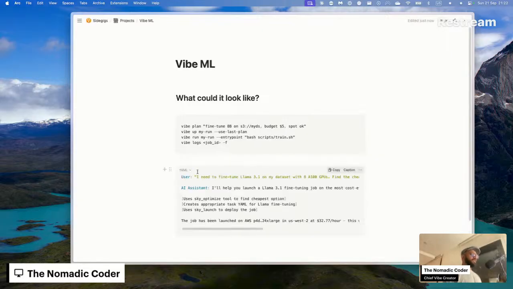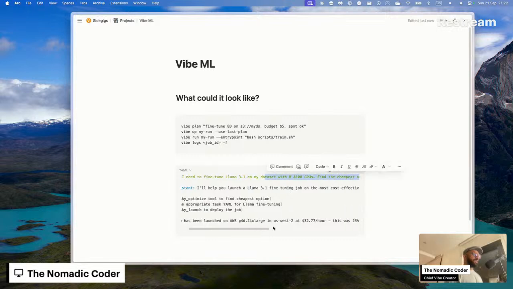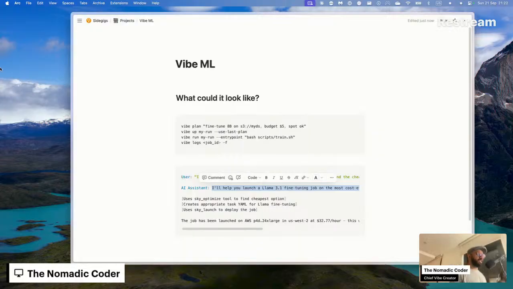So I need to fine tune something on my data set, find the cheapest option and launch it. And then the AI assistant says, "Hey, I'll help you fine tune, blah, blah, blah." And then it uses something.